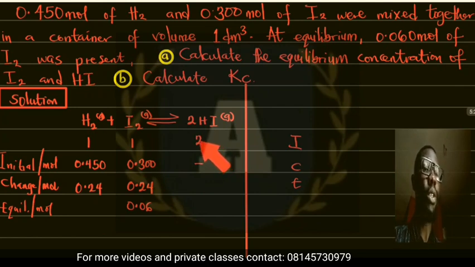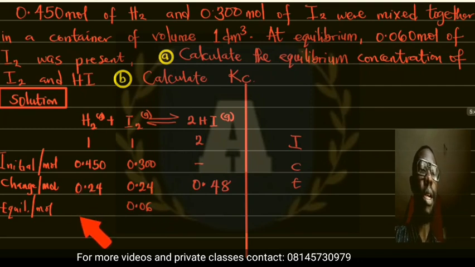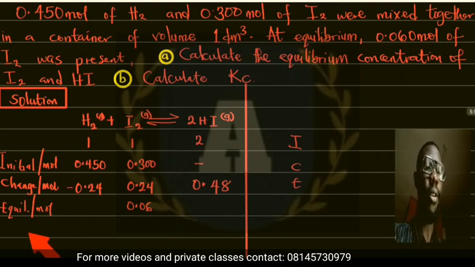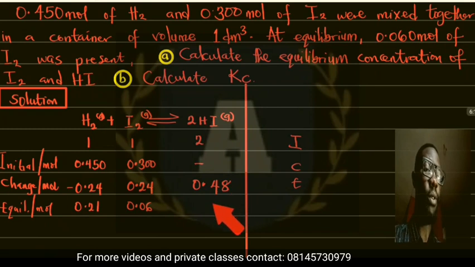So definitely, to get the change in mole for hydrogen iodide, we have to multiply this by 2. On multiplying by 2, we got 0.48. So now we can easily calculate the equilibrium mole for hydrogen. That will be 0.45 minus 0.24. I'm subtracting that, so the equilibrium mole for hydrogen is 0.21 effortlessly, and this, 0 minus 0.48, this minus this, that will be